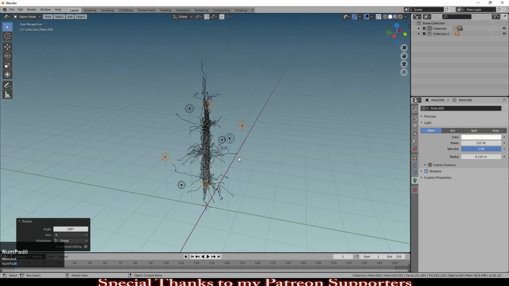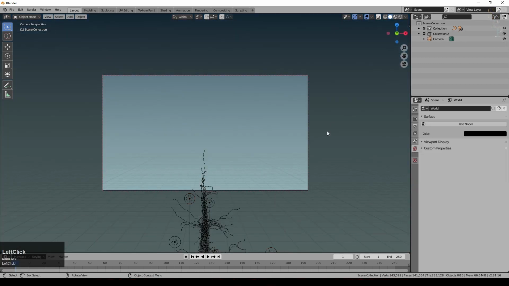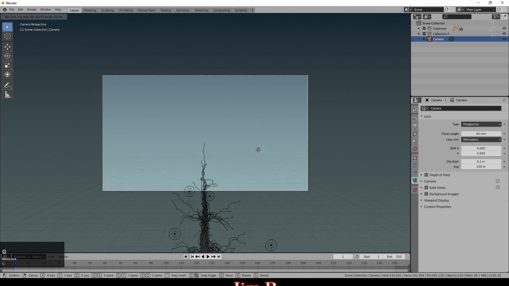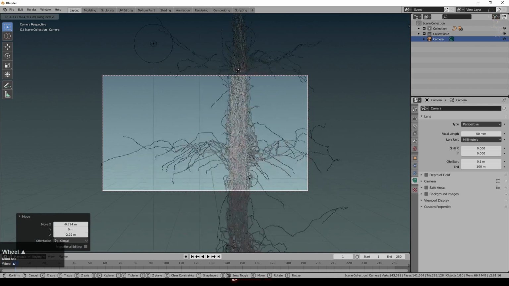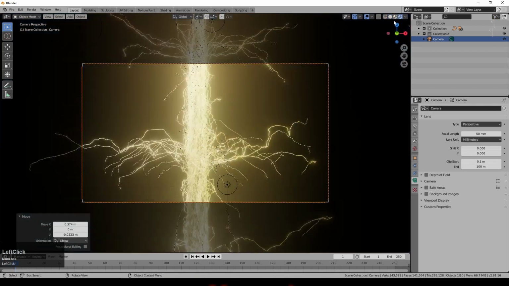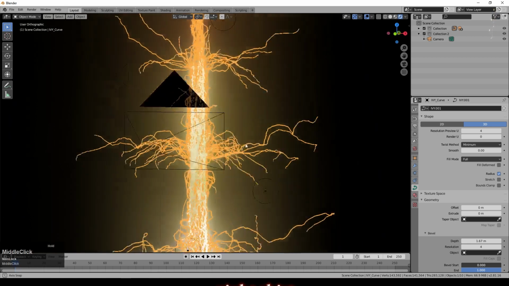So if we now look at our scene, I'll just select my camera, which is down here, just turn it on, drag this down. We're going to do a little bit more with the camera in a minute, and we'll see what that's looking like. So that bloom's a little high possibly for the brightness of lights that we've got. Although it's interesting, it's possibly a bit over the top.